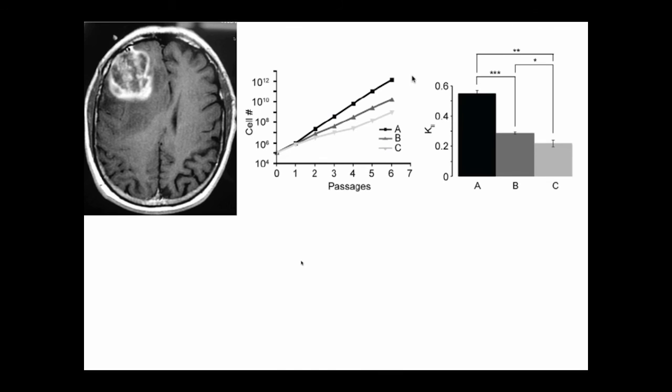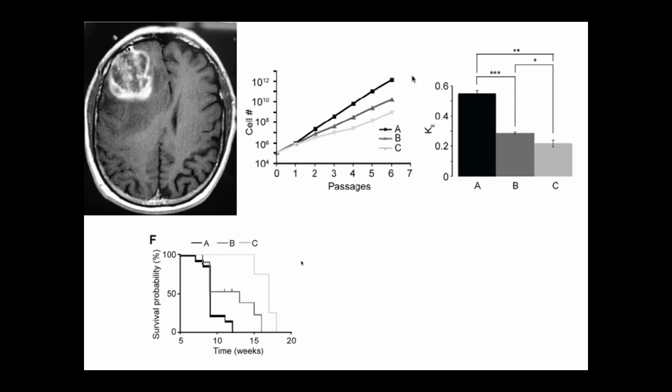Now, we can express this as a probability or the frequency of the long-term proliferating cells, AKA the cancer stem cells, being able to undergo symmetric divisions. And we see that there's significant differences between these 3 cell lines, between these 3 patients. Does this allow us to make any sort of predictions? It does allow us to make a prediction of about how aggressive these cells are in vivo. So if we implant these tumor cell lines into the